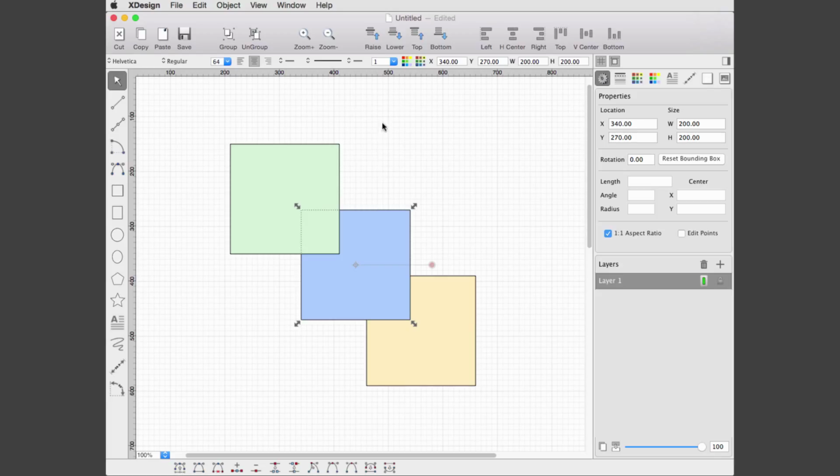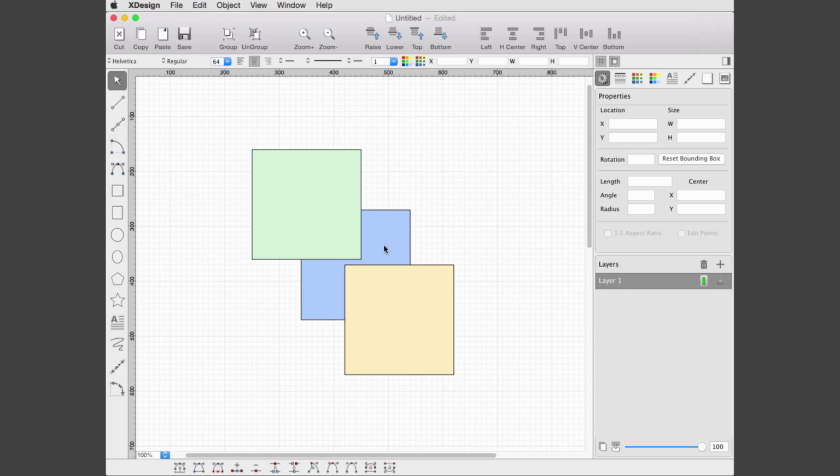To raise or lower a shape, select the shape and press the raise or lower buttons in the Tools panel. When there are many overlapping shapes, for raising a shape to the top, use the top button in the Tools panel, or for lowering the shape to the bottom, use the bottom button.